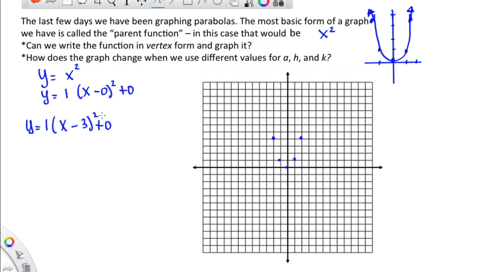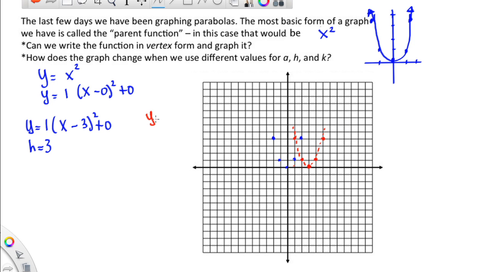Okay, what changed? Well, h, now keep in mind that if it says a negative 3, it's a 3. So h is actually 3. So that means that it moved over to the right 3 units. So 1, 2, 3. So the vertex that used to be at 0, 0 is now at 3, 0. Well, then the next dot, 1 to the right, should still be 1 up. 1 to the left should be still 1 up. And if you go 2 to the right, it should be up 4. And 2 to the left should be up 4. So this is what the graph should look like